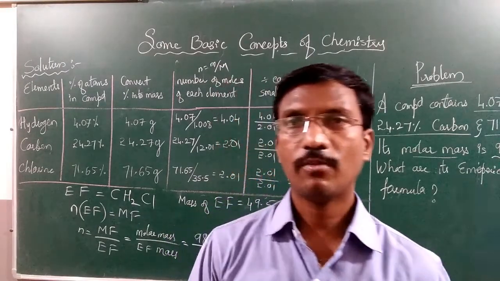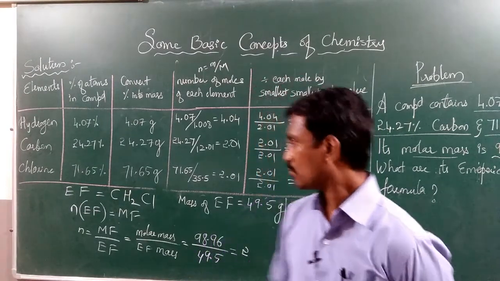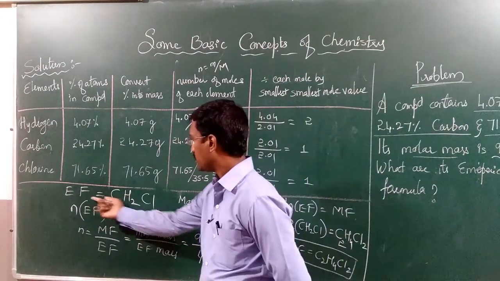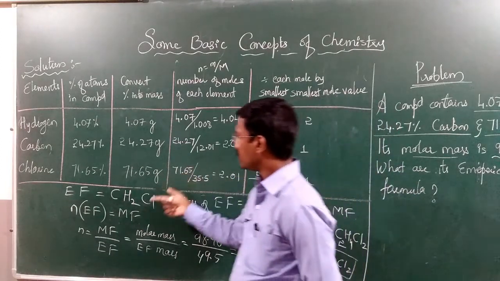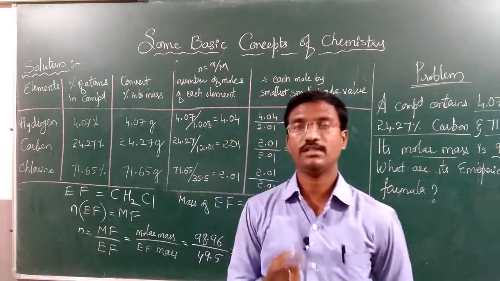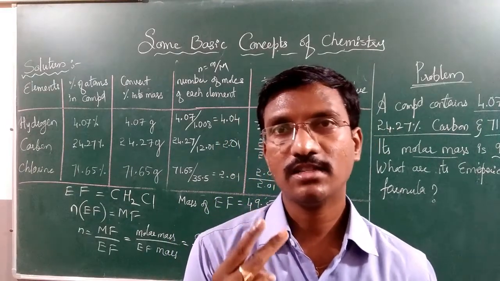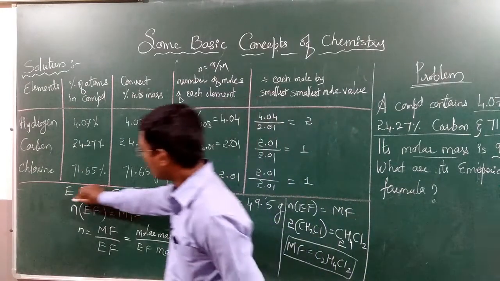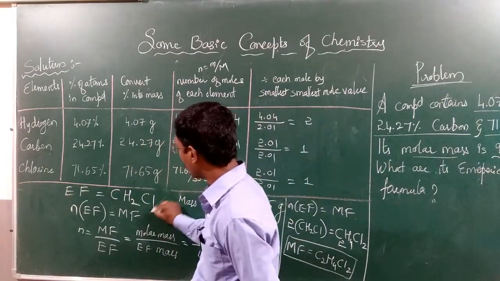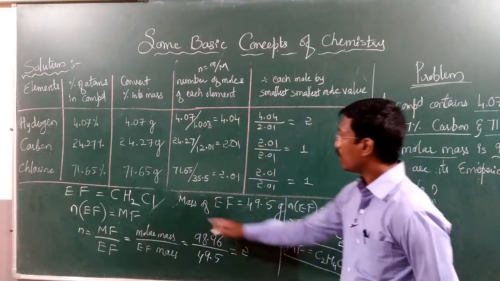So the molecular formula can be calculated with the help of the number of moles. You just see the final answer: by this value we get the empirical formula. This is the answer for the first question. They have asked two: what is the empirical formula and what is the molecular formula. So this is the empirical formula. Using this empirical formula, we can write the molecular mass